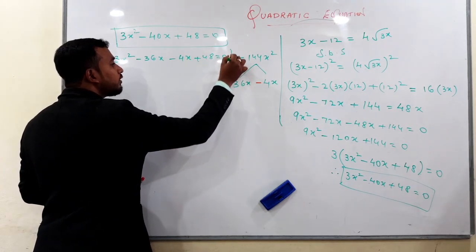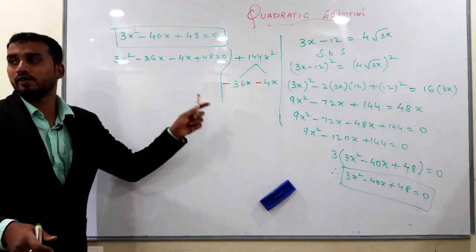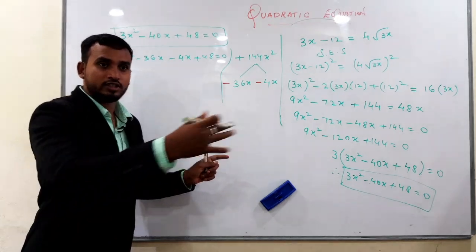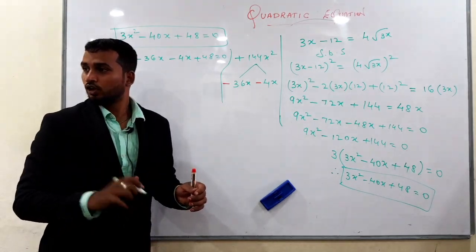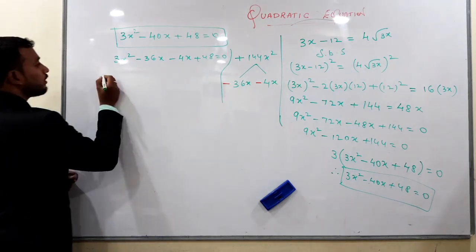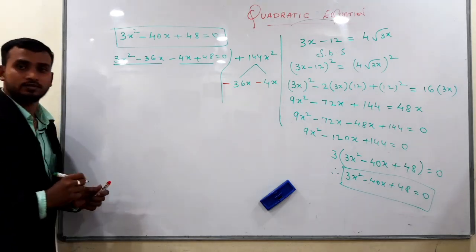Children, whatever you do, you have to do in the working column. You have to put working column and you have to do this type of calculations. Understood? Not in other sheet, in your same paper. Not on the desk. You have to do working. Understood? Good. Now, see children, this is one pair and this is another pair.